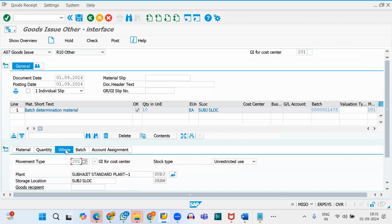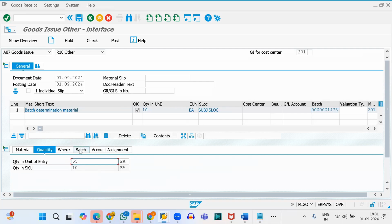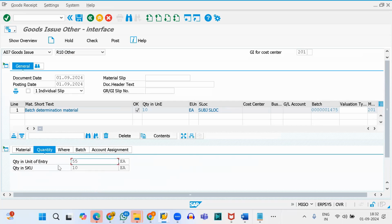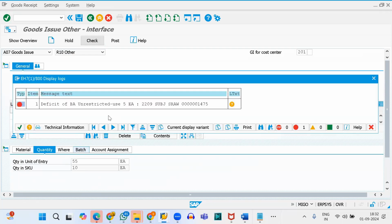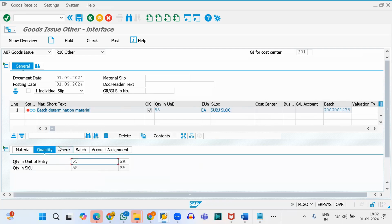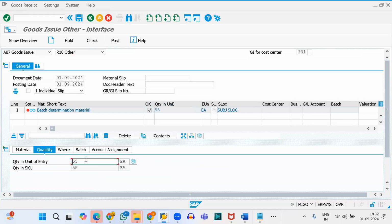Then the next question is, if we maintain 55 quantity, what will happen? Because inside this batch only 50 quantity is available, right? If you want to issue 55 quantity, then what will happen? Let's check. Click on the check button. Deficit, that means 5 quantity is deficit, you can see here. So first, let me remove this, that means I am removing all these entries, and again go to the check button. Enter batch, perfect. Inside batch 1475, 50 quantity is there,